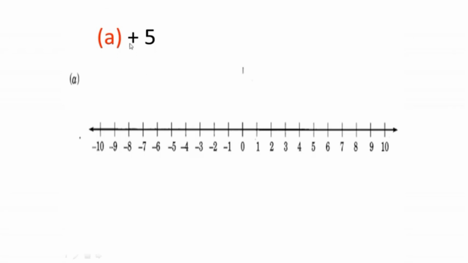Now I need to show where plus 5 comes on the number line. You can see the arrow mark shows where plus 5, the positive value, is. So what can we write? The plus whole symbol we can represent here. Here A represents plus 5. I hope you have already studied this one. It is very easy to understand.